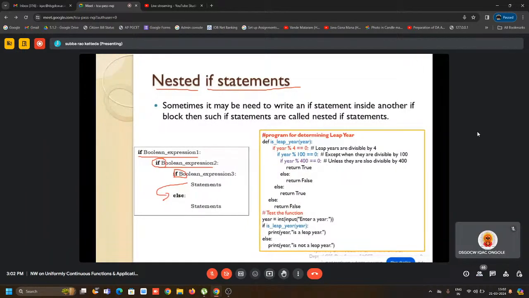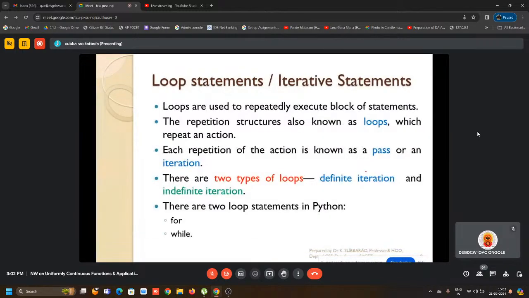Here I have given a small program to test whether the given year is a leap year. If the year needs to be a leap year, it must first be divisible by 4. Every leap year is divisible by 4, and it must be divisible by 100, and it must also be divisible by 400. Then you can say it is a leap year. Otherwise, else it is false. If it is divisible by 100, for example 2000, then you can say it is also a leap year. Otherwise, false. So this is how you can use